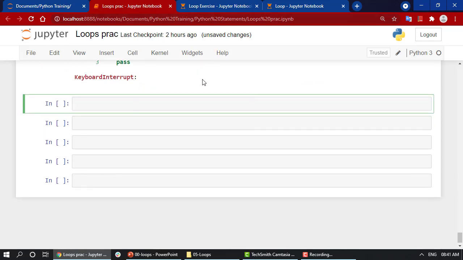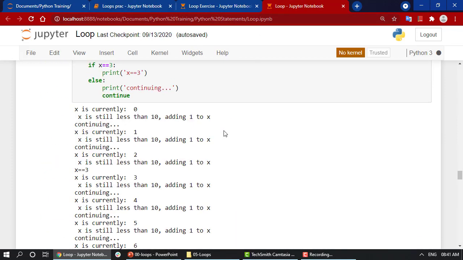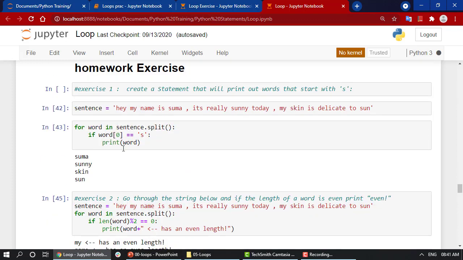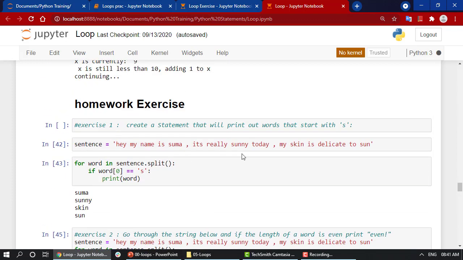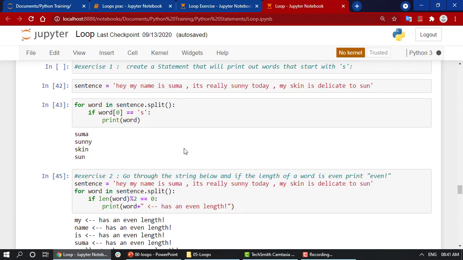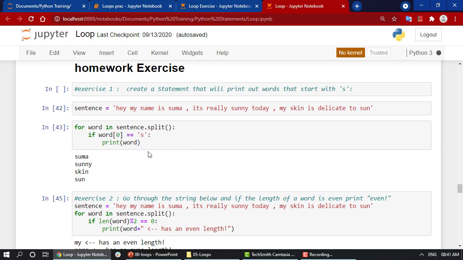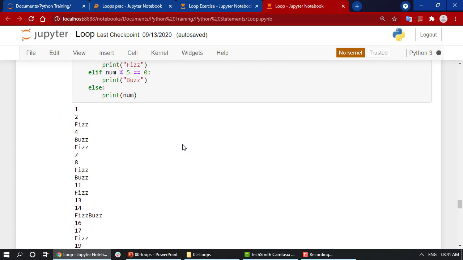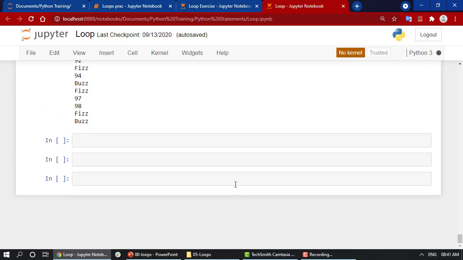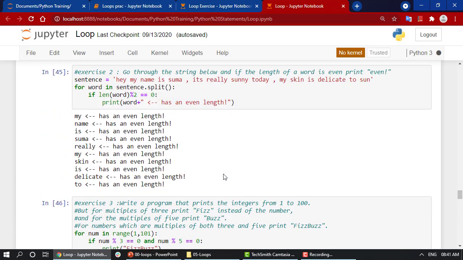Now we have completed the complete section of loops. In the problem notes, we have a lot of extra problems that we have as a homework exercise for you guys. Just play around with this. The questions are quite tough, but we have included everything. So we have a bunch of problems over here. Just go through all the problems and try to solve them.